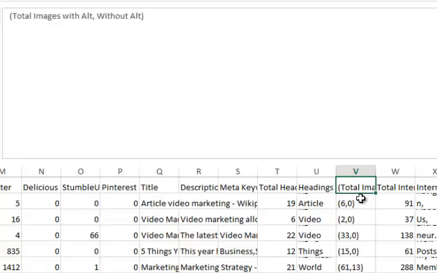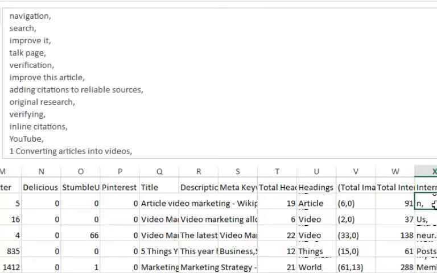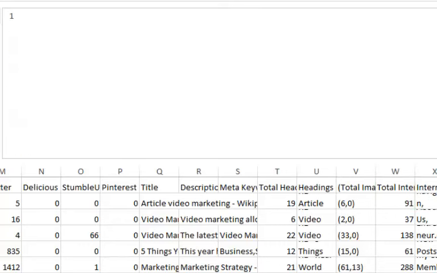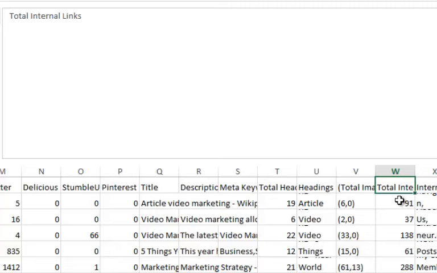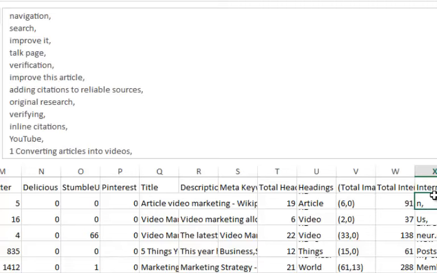Then you get to know how many images they have with alternative text and without alternative text. You get to know the total number of internal links. You get to know the total number of anchor text and the internal links that they're getting. You've got the total number of internal links, and you've got the actual anchor text that is being used for the internal links as well. So you get to know and understand much more about the internal linking structure and how the websites are referring